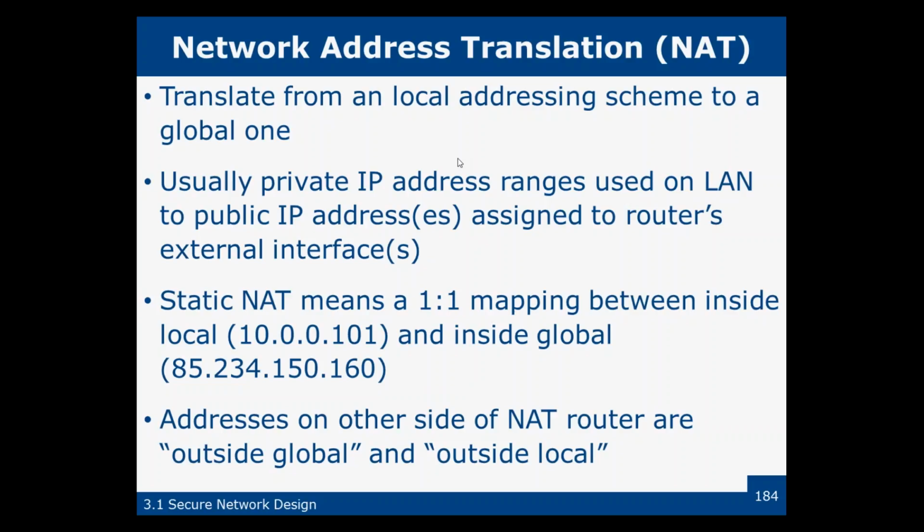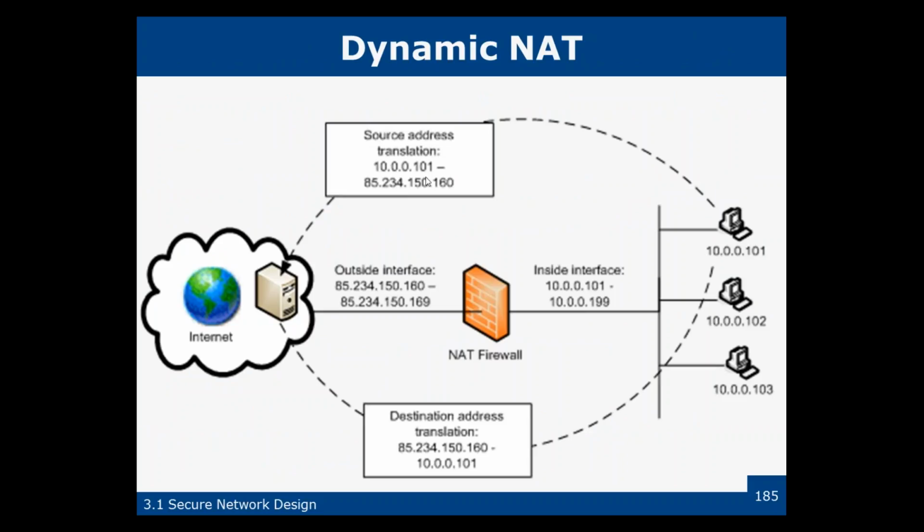One-to-one doesn't really save us a whole lot on IP addresses, though. So what we do in many cases, and it's what you and I do with our routers, is use port address translation, where we have a single IP address and multiple ports to connect to it. Because if you remember, an IP address plus a port gives us a socket, so that actually gives us a location, a place to come back to. And we're going to have a slide on that in a second. But dynamic NAT,